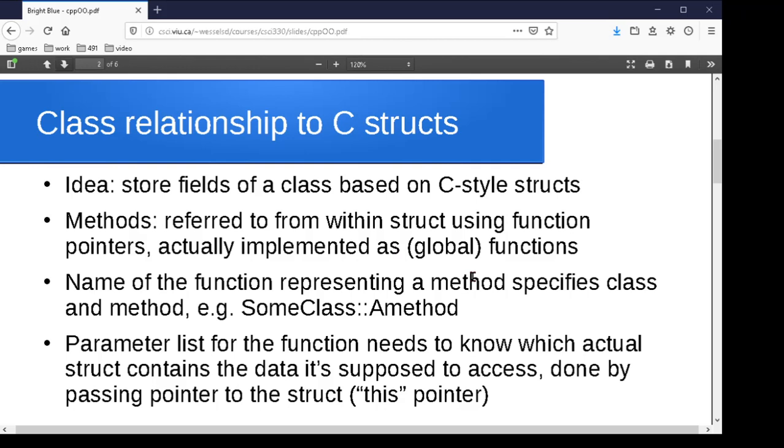So again, the notion is that as far as storage goes, we'll just store the fields based on a good old-fashioned C-style struct. Now, the modern implementations of C++ clean this up a lot and come up with a more efficient approach to things, but the underlying idea still gives you a pretty good feel for how things can be handled. Again, the methods will simply have, within our struct, function pointers,